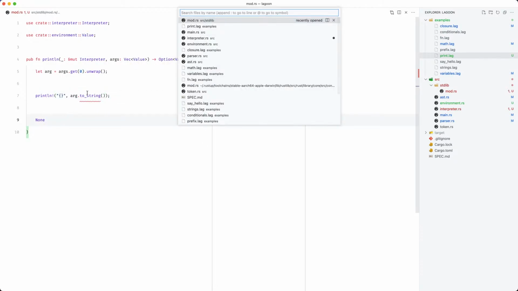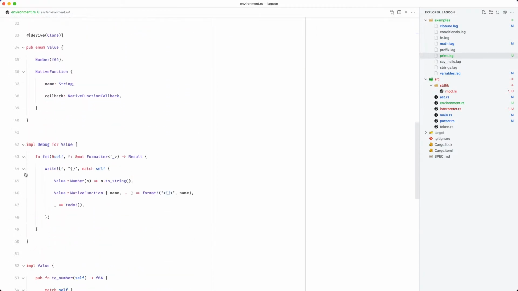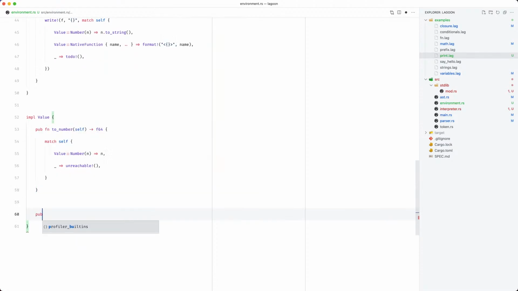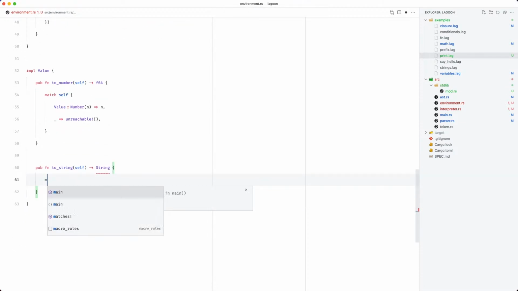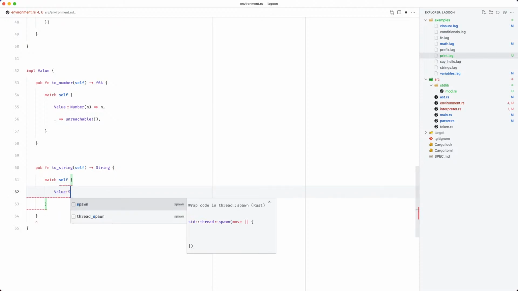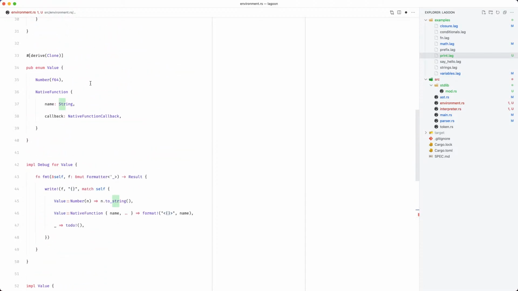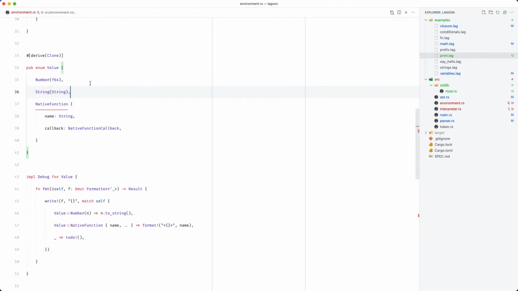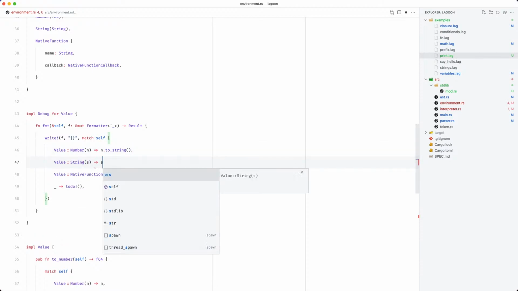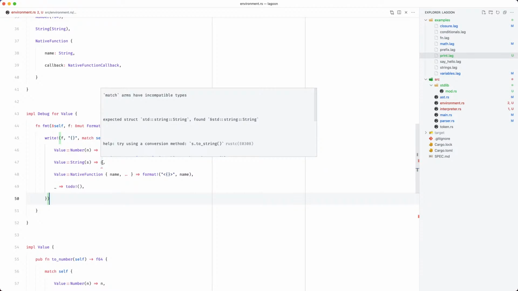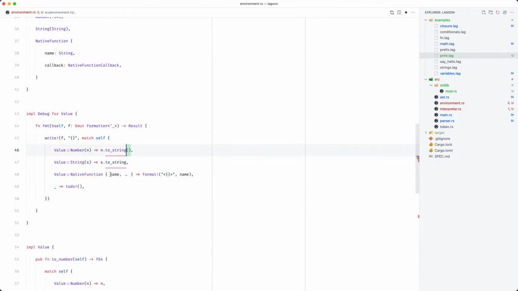This method doesn't exist, but if we go back to our environment, similar to our to_number, let's do a to_string on self, and that will return a string. We'll match self if we have a value of type string, which we also haven't implemented. Value::String(s) to string.